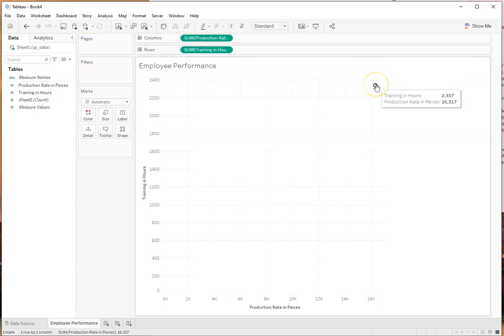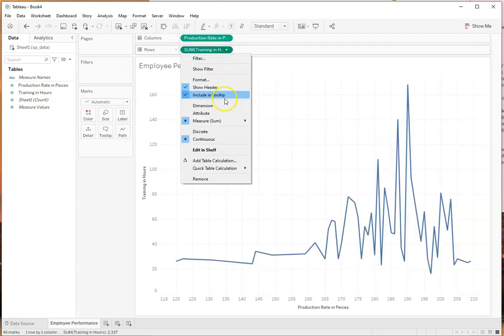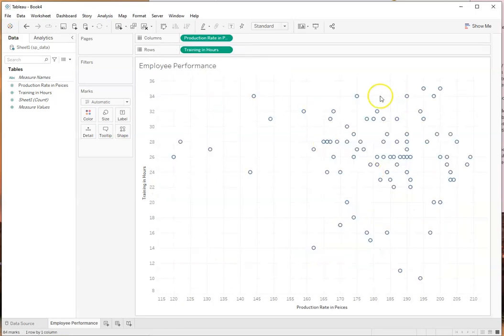So this is giving me only one data point, and that's not what I want because these are sums. So I'm going to change these to dimensions, and there I have the scatter plot where each data point represents how many hours the individual trained and the number of pieces they were able to make within a discrete period of time. For the purposes of this demonstration, I don't feel like the time frame is terribly important,